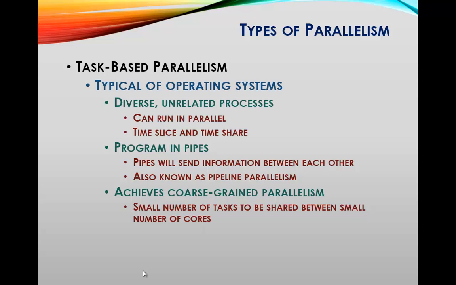But the limit of this task-based parallelism is that you cannot really get a massive amount of parallelization, because at some point your hardware resources are so limited. You just have so many cores that you cannot split this into finer grades